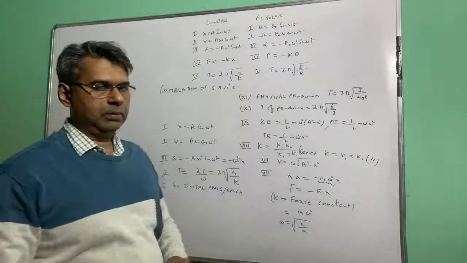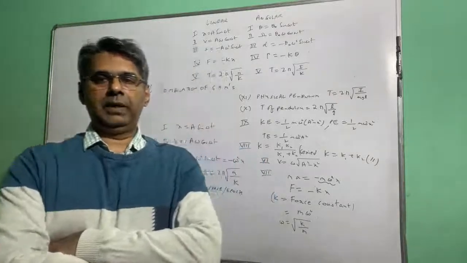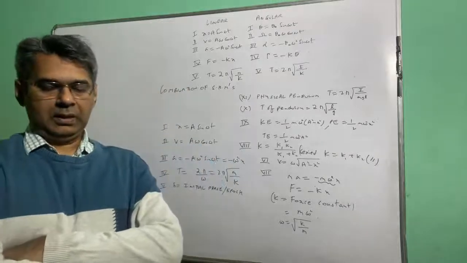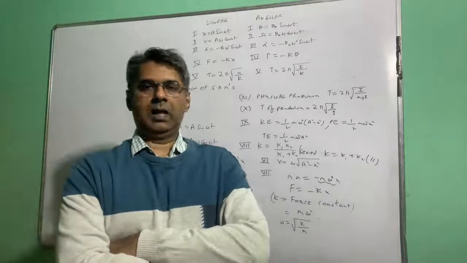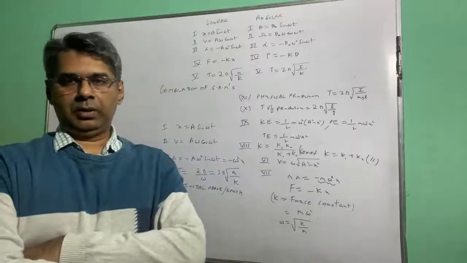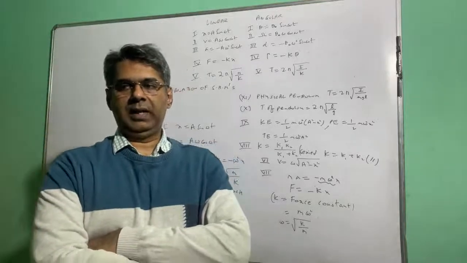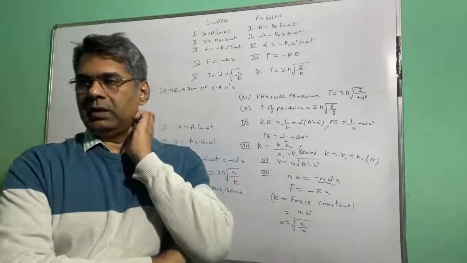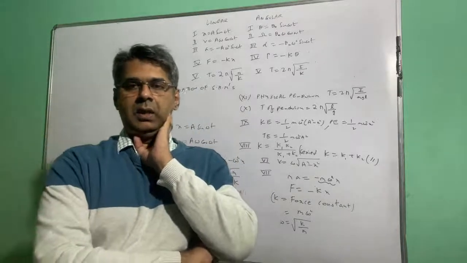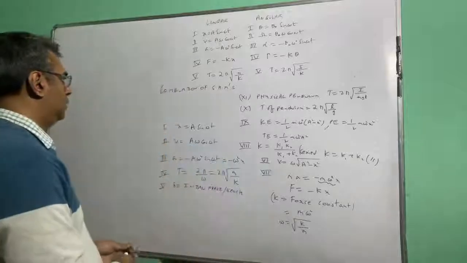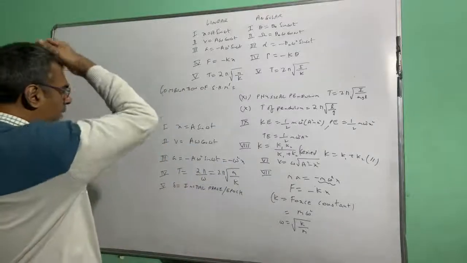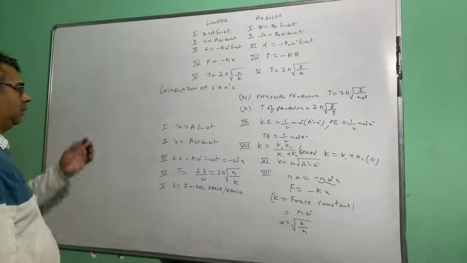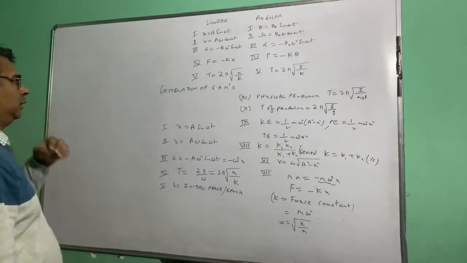Now we come to the next topic, combination of simple harmonic motions. Isn't it possible that a particular body is simultaneously undergoing two simple harmonic motions? It is possible, right? There is a body, and simultaneously that body is undergoing two simple harmonic motions. That is very much possible. So, in this combination of simple harmonic motions,